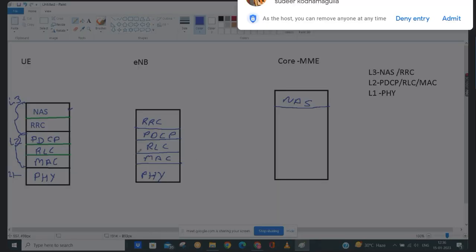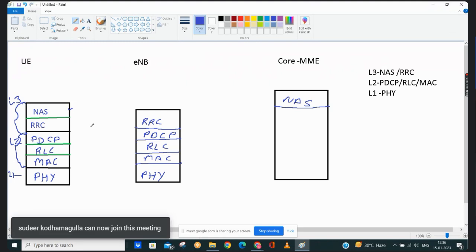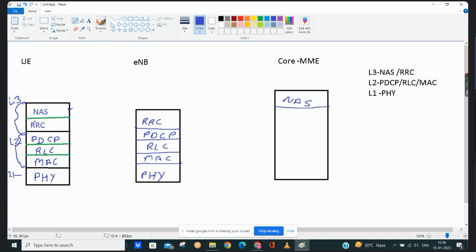Okay, so these are the protocols we have. Can anyone explain how these layers communicate with each other? Can our NAS layer communicate with all these layers, or can RRC communicate with all of them in the same way, and how does this communication happen?